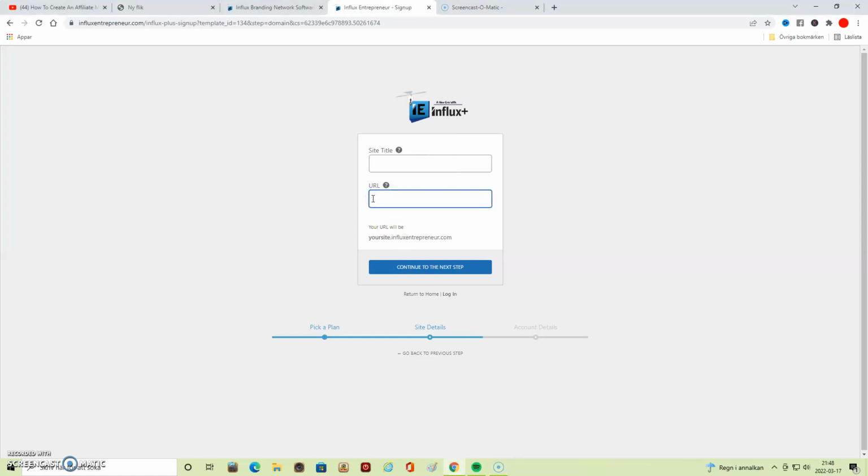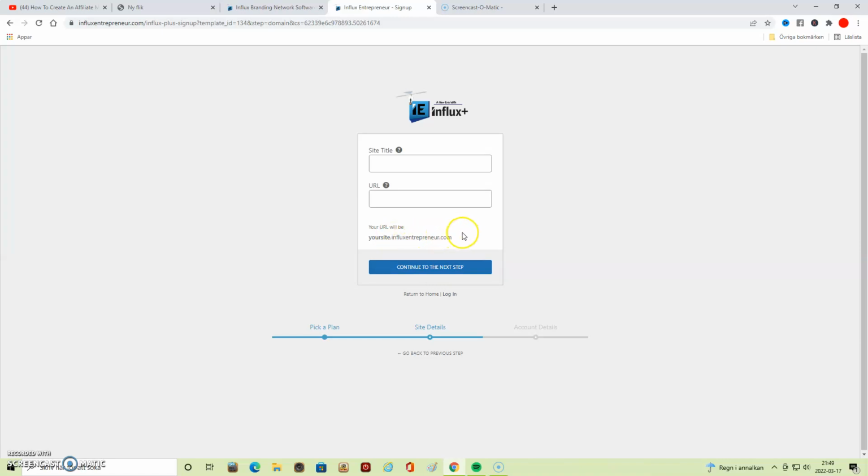Do not post anything else like influxentrepreneur.com, because after you put your website name here and click this button, the system will put in that necessary domain name ending, influxentrepreneur.com.